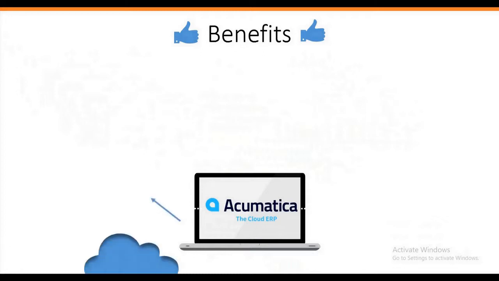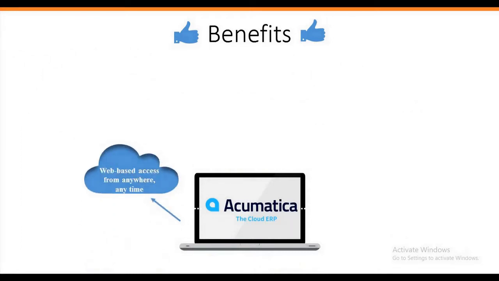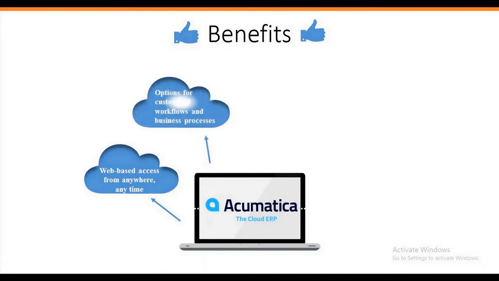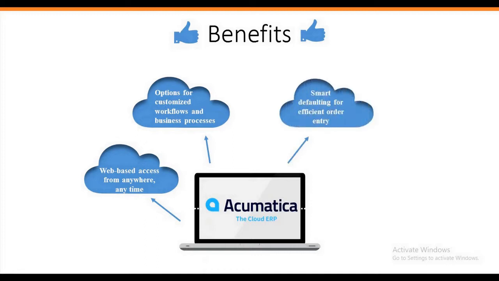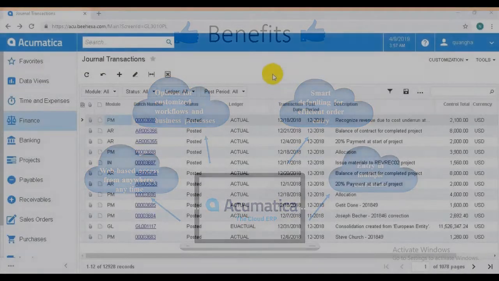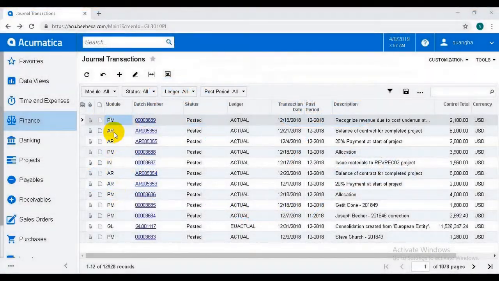First, you have access from anywhere, anytime, including making journal entries to general ledger accounts. Also, Acumatica gives some options for customized workflows and business processes to meet specific needs. Smart reporting for efficient order entry. And also, Acumatica has entry in multiple